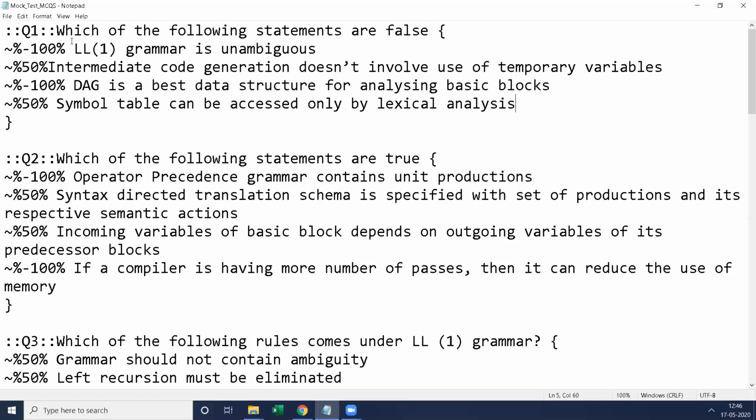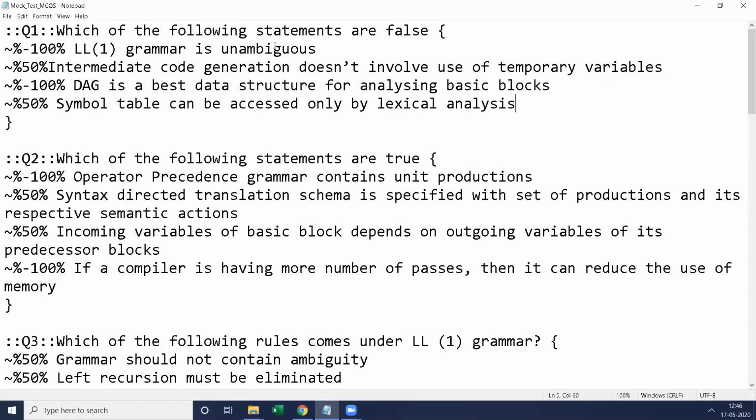So the method that you need to follow for distributing percentages over answers in multiple choice is to divide 100% by the total number of right choices. Suppose you have 2 right choices, divide 100 by 2, so 50% will be given for the first right answer, 50% for the second right answer, and for the remaining 2 answers, which are wrong, we will give minus 100, minus 100.